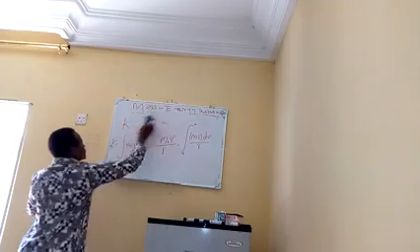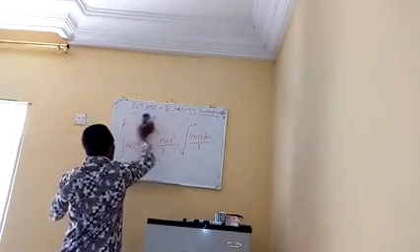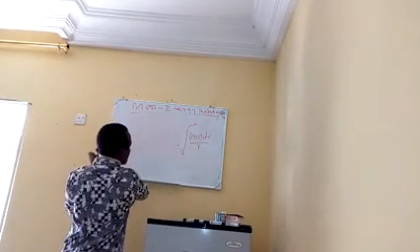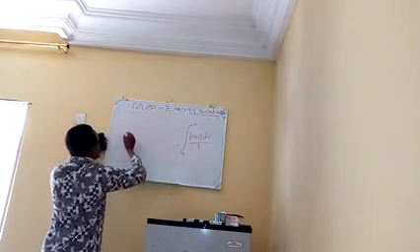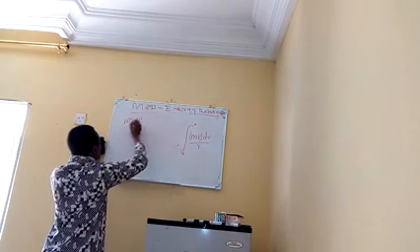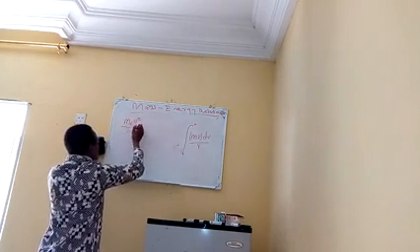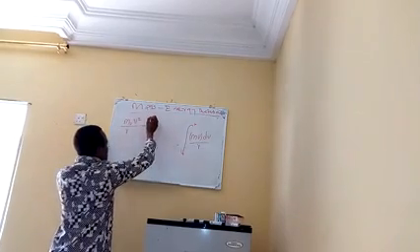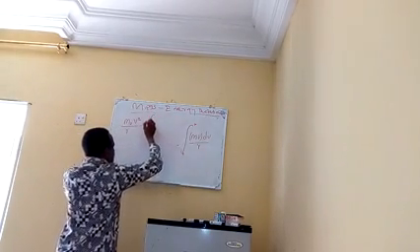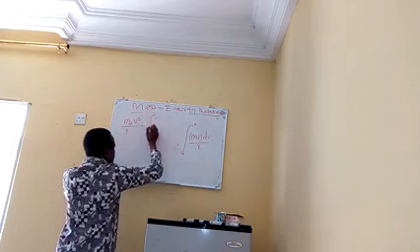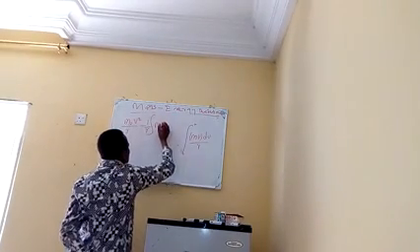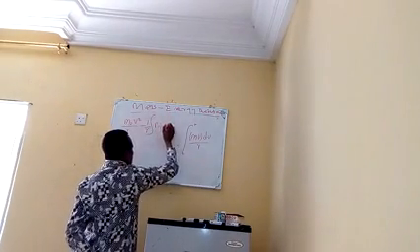So if you follow me, we have m naught v squared over gamma minus m. This gamma can come out of the integral function. So m naught v dv